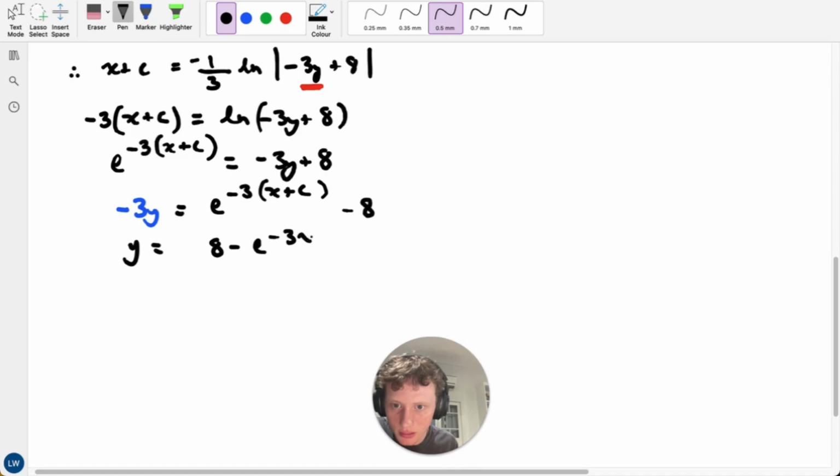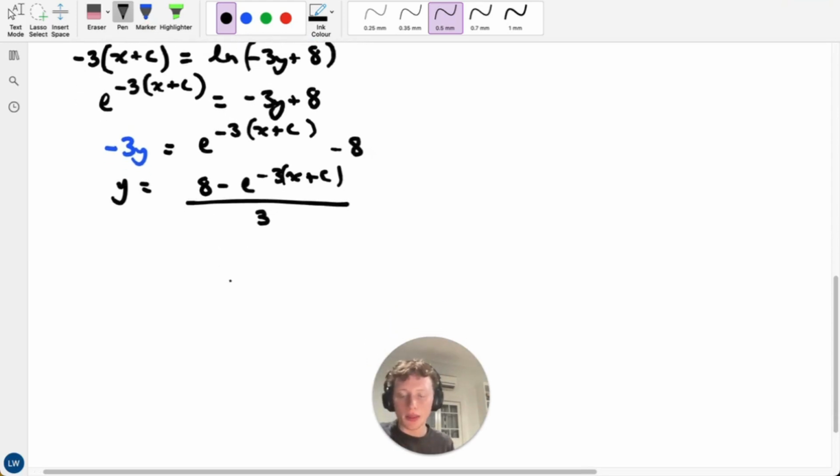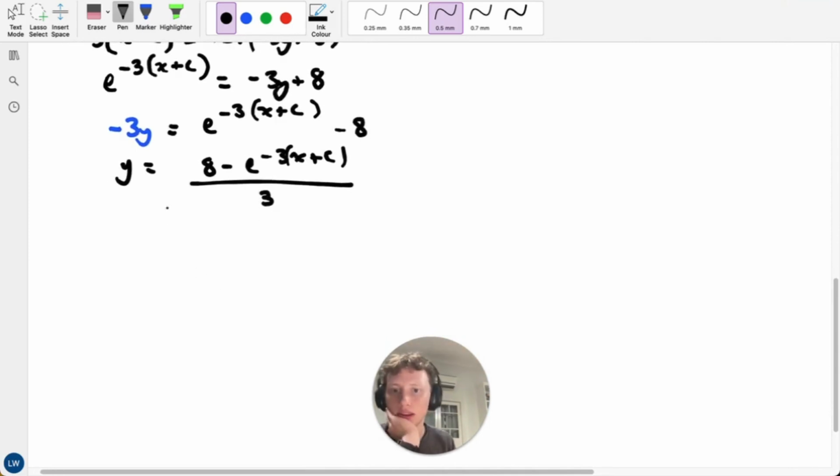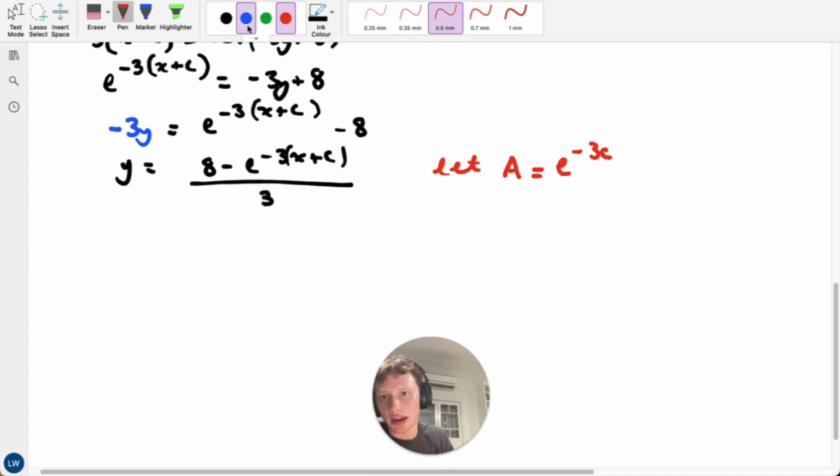That's okay. And then the 3 will just go on the bottom. And then the last thing we can do here to tidy this all up is we could say that, let a equal e to the power of -3c. What that allows us to do is just tidy this up. E to the power of -3c again is just some constant number. We don't know what it is, but it might be cleaner to just represent this as a scalar multiple of that actual